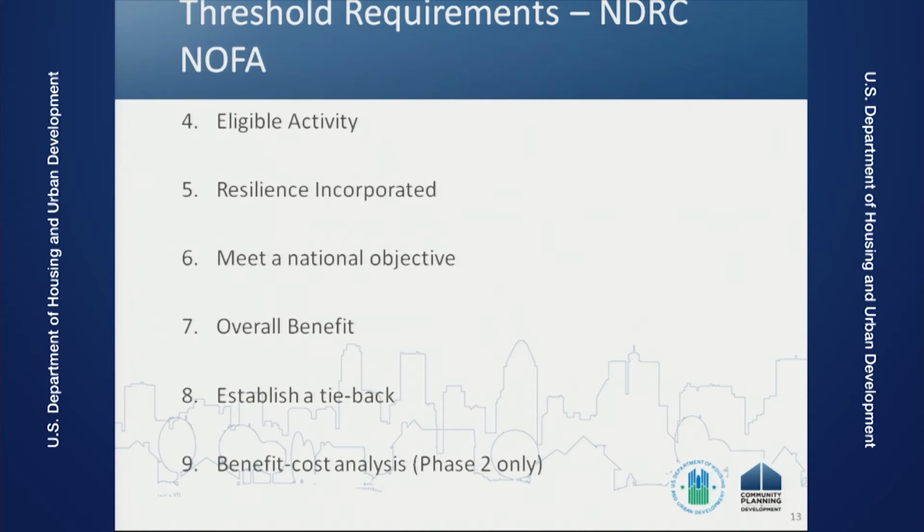Applicants will need to demonstrate how every activity they propose reasonably ties back to addressing demonstrated direct and indirect effects of the qualified disaster. The NDRC NOFA provides examples of tieback for applicants, so we encourage you to look to the notice. For physical losses, applicants can establish tieback by demonstrating direct effects of disaster through damage or insurance estimates. For economic, social, or other non-physical losses, this demonstration might be made through post-disaster analyses or assessments.